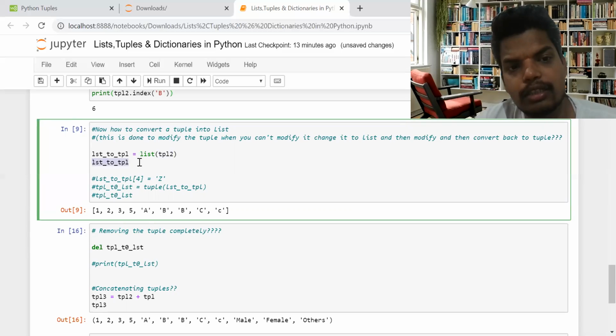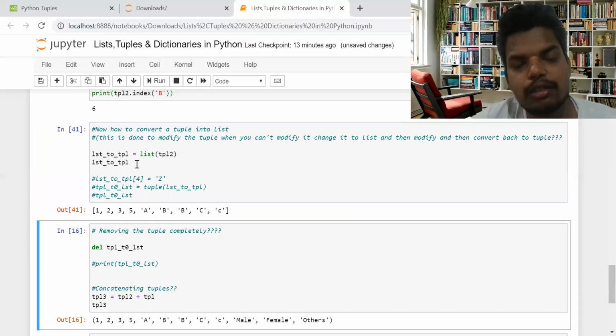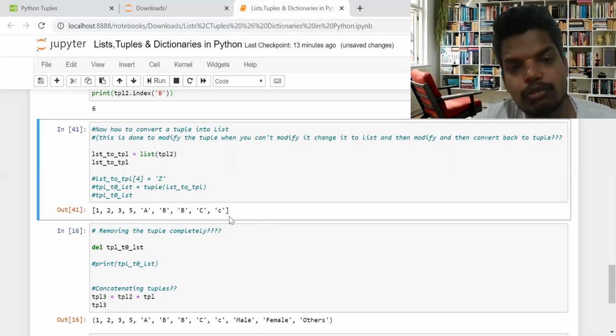Okay, I have done this, and now I can check what it came out as. You can notice this is the square bracket, that means I am printing this list. So it has converted my tuple into a list in this variable.